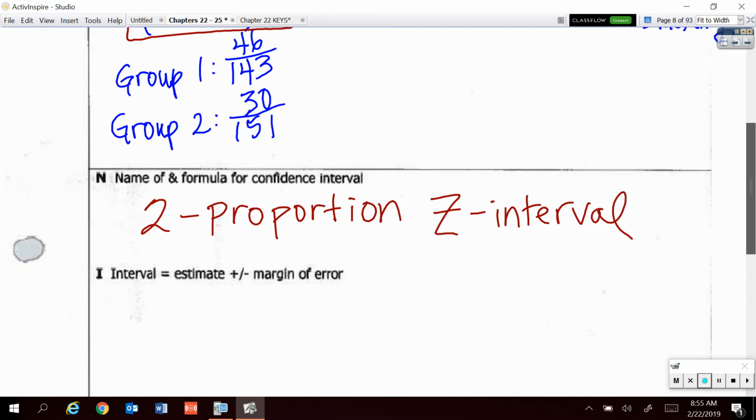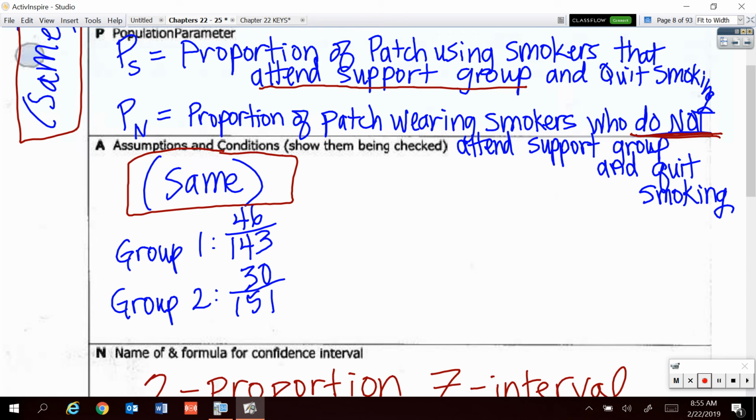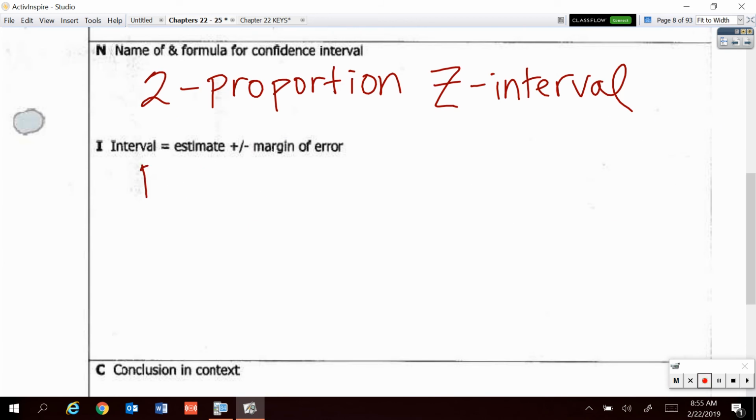So which way would you like to subtract to find the difference between these two things? Pick a way. We'll do P of S minus P of N. All right, there we go. So to do this, you must always define which way you subtract so that we can then make a correct conclusion. So we will define that I'm going to subtract the support group proportion minus the no support group proportion. So go to your calculator now,